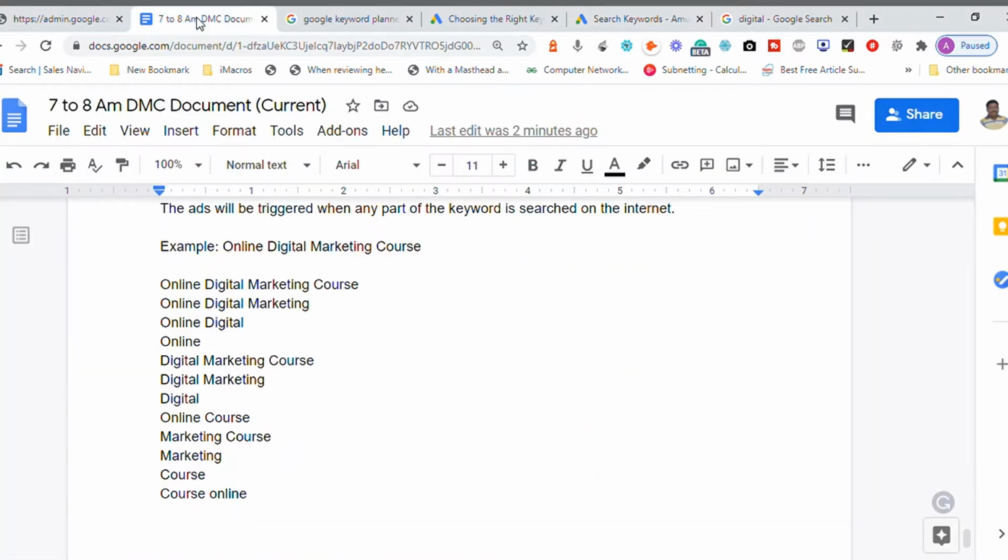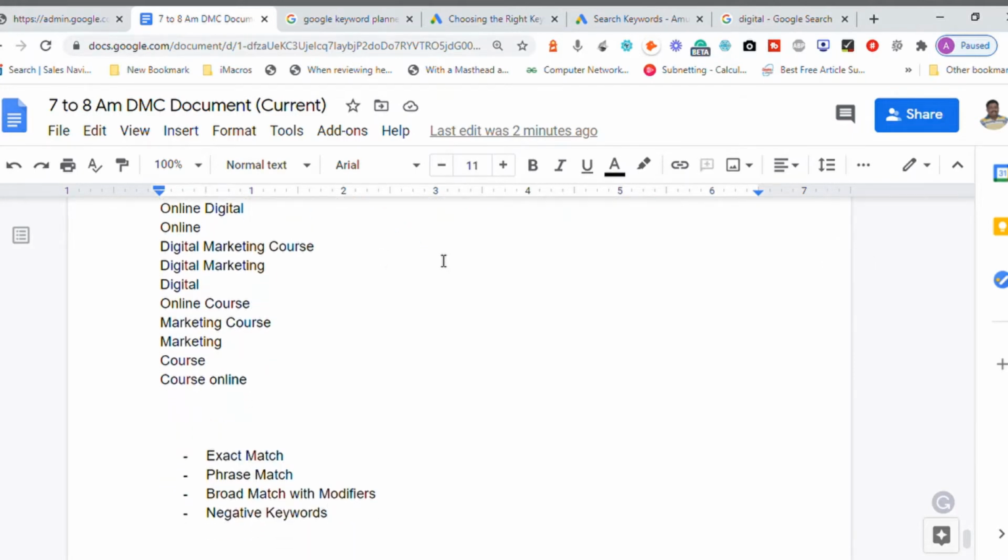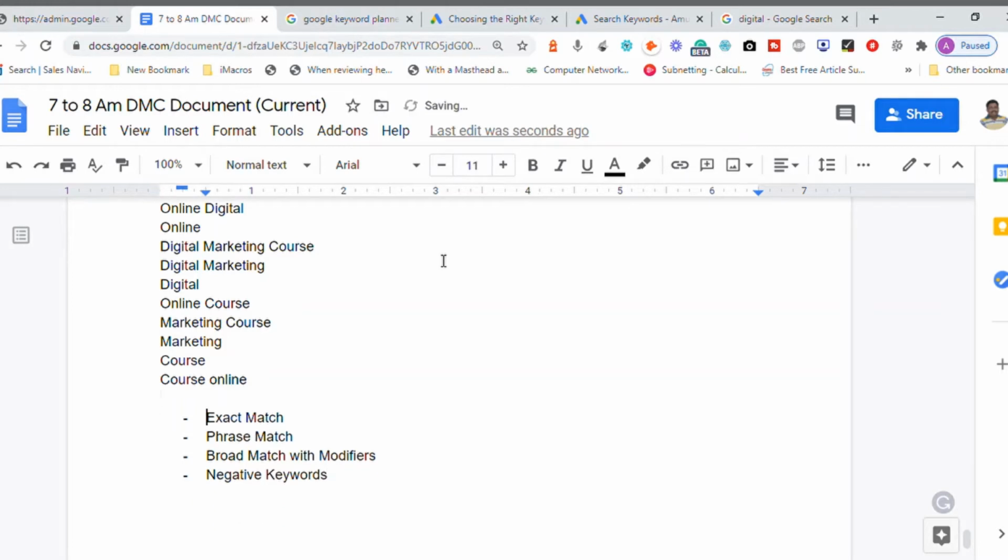At the same time, when I take the same keyword as an example with respect to exact match, under the exact match condition, your advertisement will be triggered only when it exactly matches the search query.